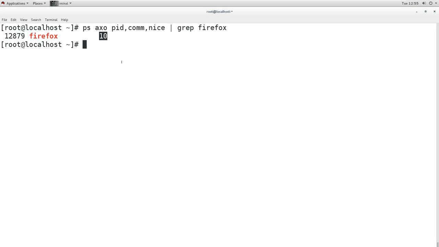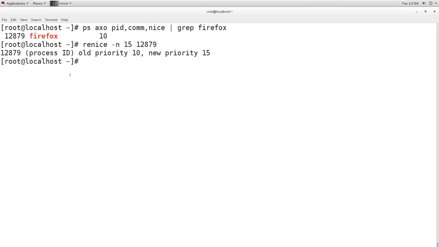So I will use the renice command. Renice, then -n for the number. Let's say I want to give it 15. This time you have to provide the process ID, not the name. I know this is the process ID, so I will type 12879 and press enter.